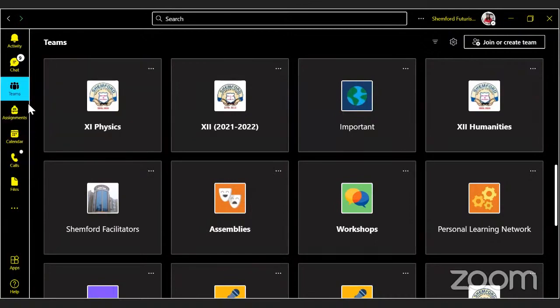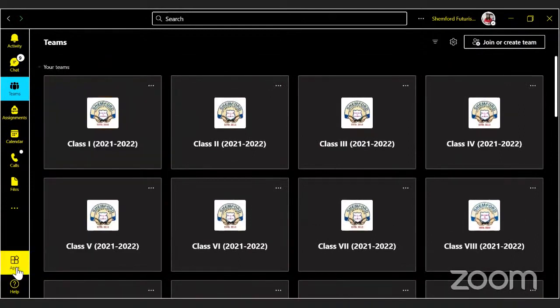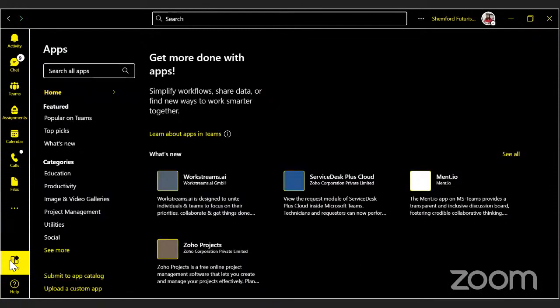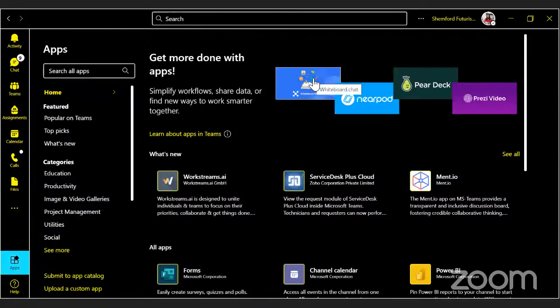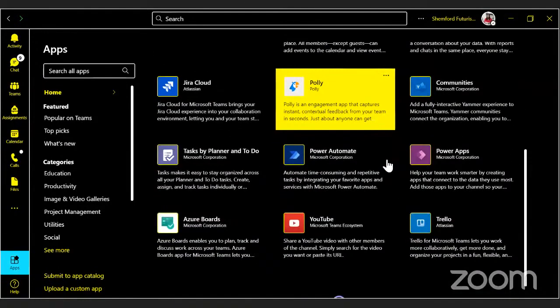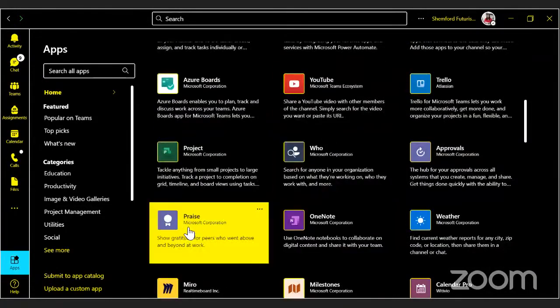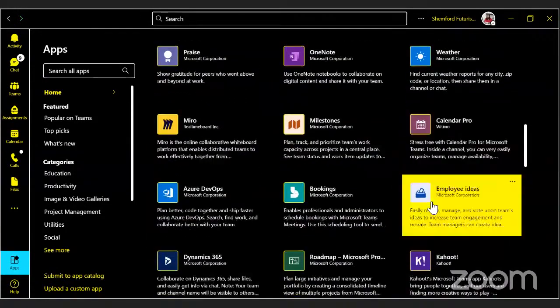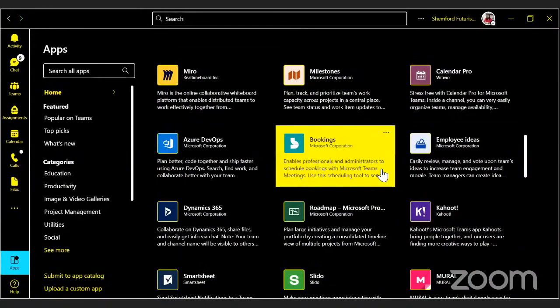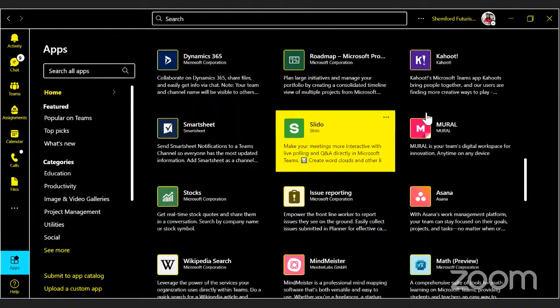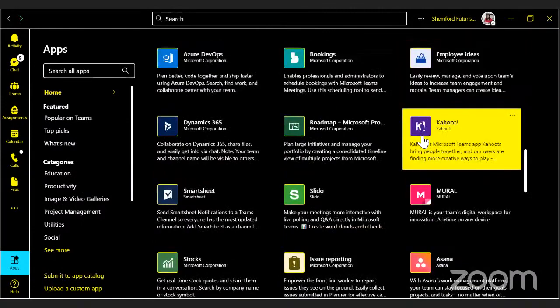Let me tell you, when you go to that option, ma'am, here on the left hand side, apps. Yeah. Apps, right. Bottom, and see, whiteboard.chat is a wonderful whiteboard. I have already conducted sessions with my teachers and outsiders also on this. Nearpod, Pear Deck, Prezi, and if you go through it, there was some Kahoot also. A number of options are inbuilt over there, and you can even search for more apps over there. Kahoot, can you see this? Kahoot is there, quizzes. Yeah.